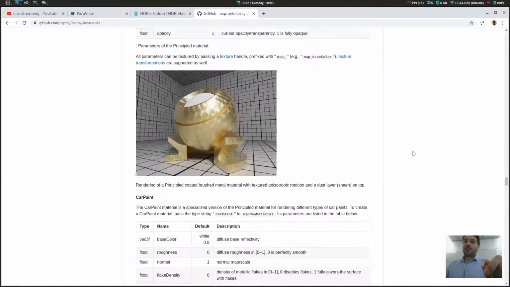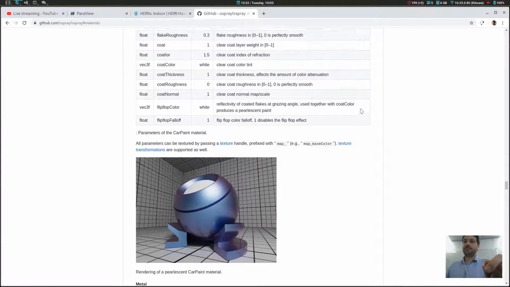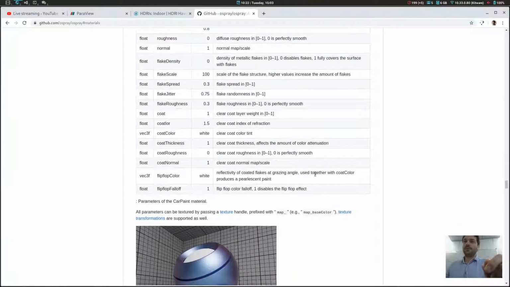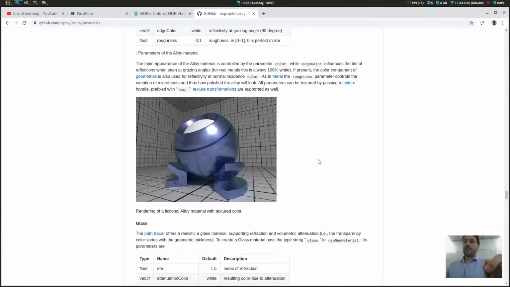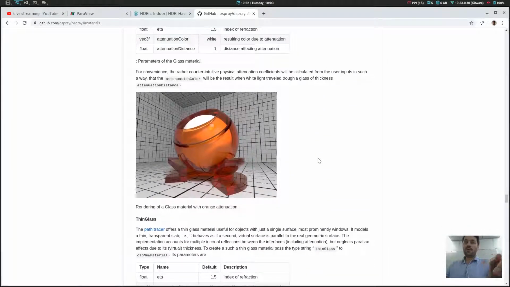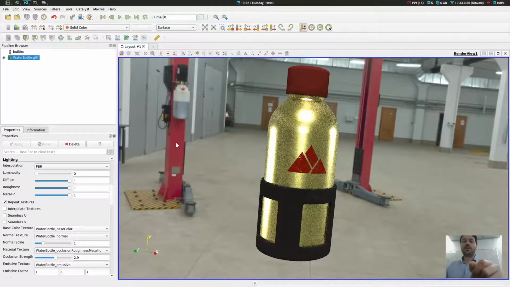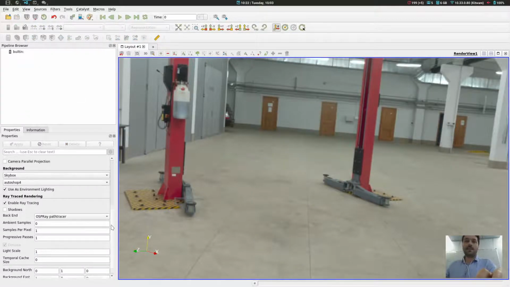There is, of course, a lot of more complex material that you cannot actually configure interactively right now in ParaView. So you might want to have a look at all those materials. For these materials, you have to create a material database. You actually have a material database directly preset in ParaView.